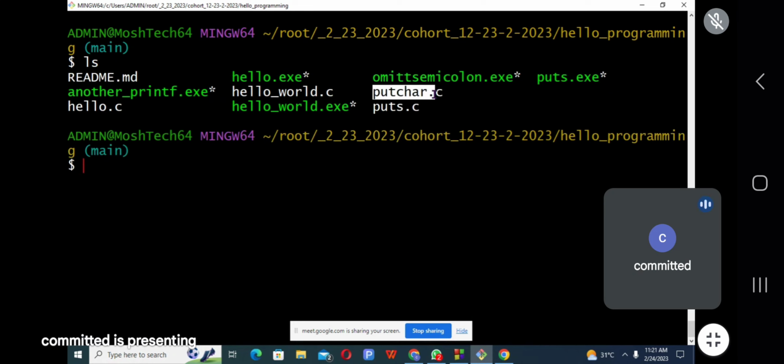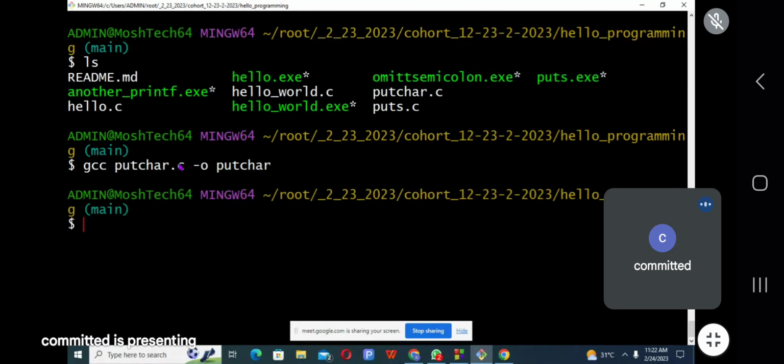All right, so we want to compile this to make it executable. And to do that, we use GCC putstar, then we output it by typing -o. Then we output it to putstar. Now it's compiled without error.